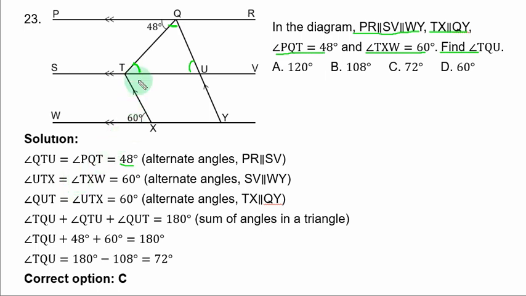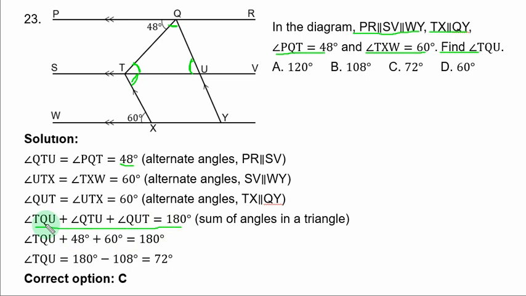This angle here is equal to this angle, the same alternate angle, and this angle is equal to this angle, the same alternate angle. So in triangle TQU, if you add the three angles, the sum is equal to 180